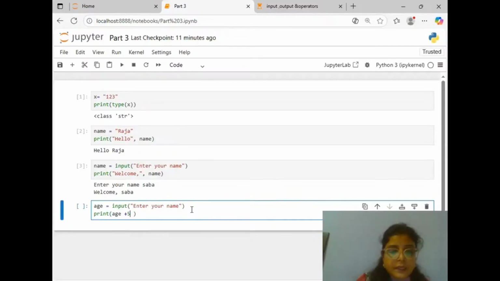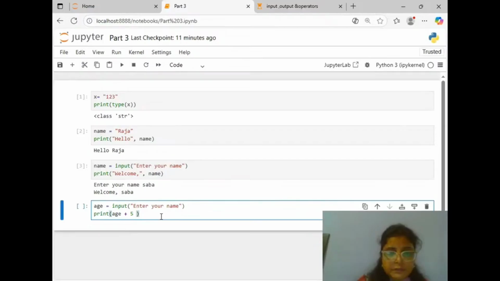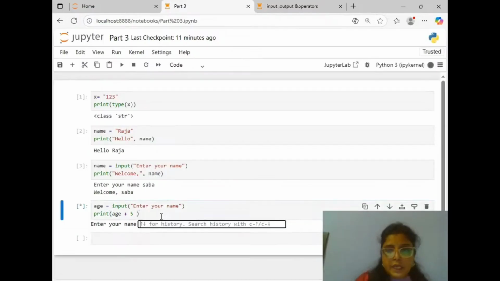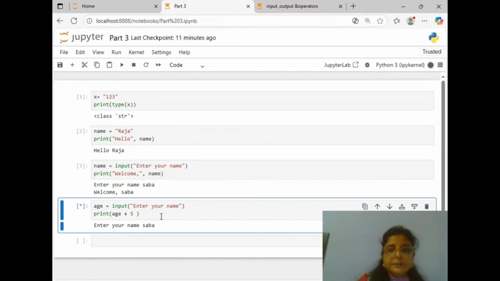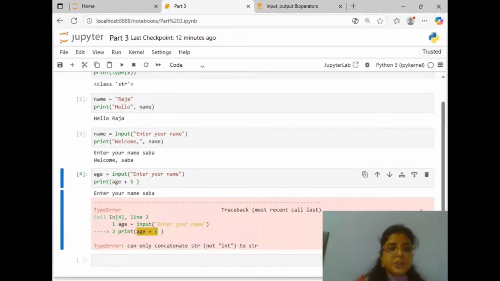So when I run this code, it will show me an error. So I'll run with shift enter, asking my name. I'll put my name and then I will press enter. Then you see it shows me an error: can only concatenate string, not integer to string.